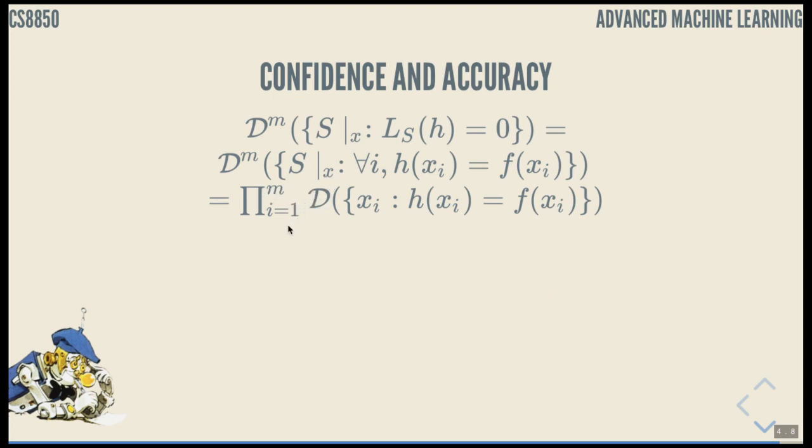This is equivalent, and we are using the fact that we are sampling IID, independent and identically distributed, to the product of the probability of the set of samples xi for which